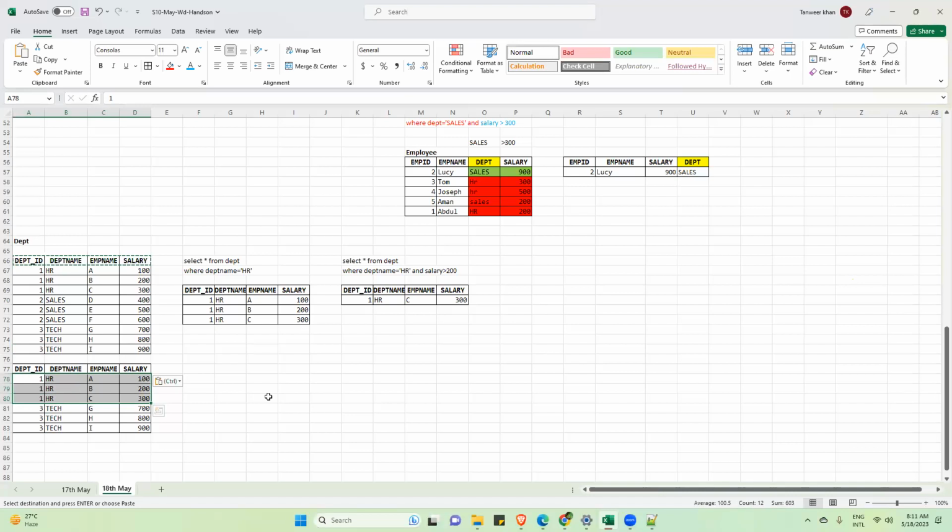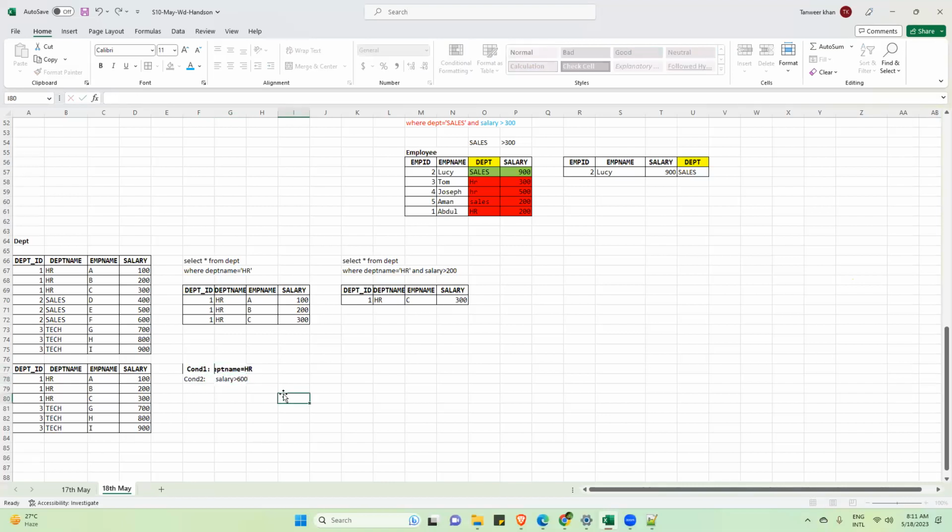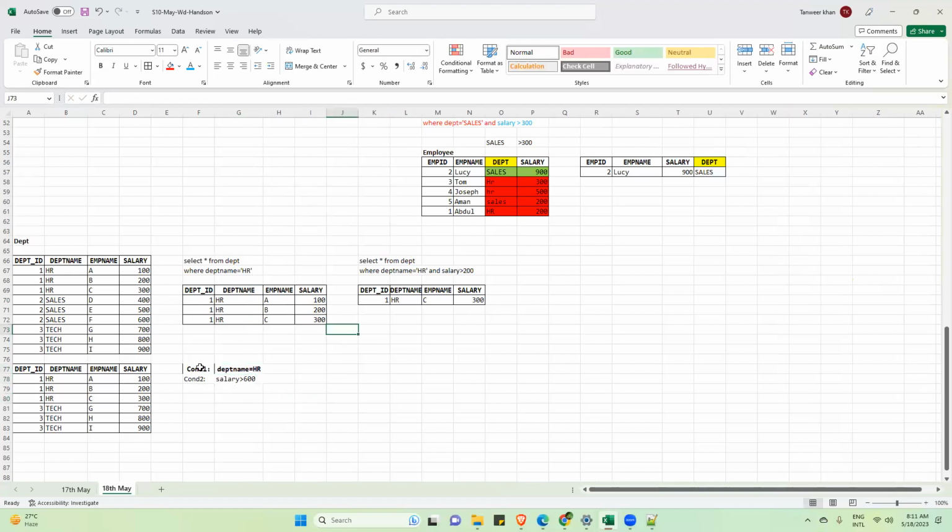So here in this requirement, my manager has given me the condition that Tanveer, either they should be from the HR department, or if they're not from HR department, their salary should be greater than 600. Now, do you think my manager is telling that both conditions should be fulfilled? No.